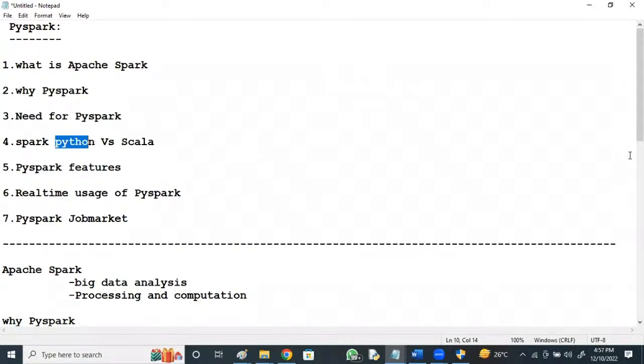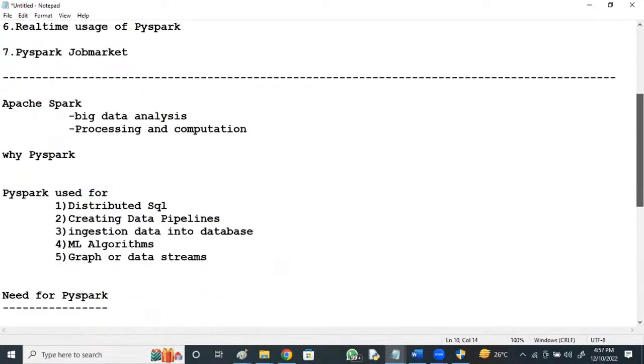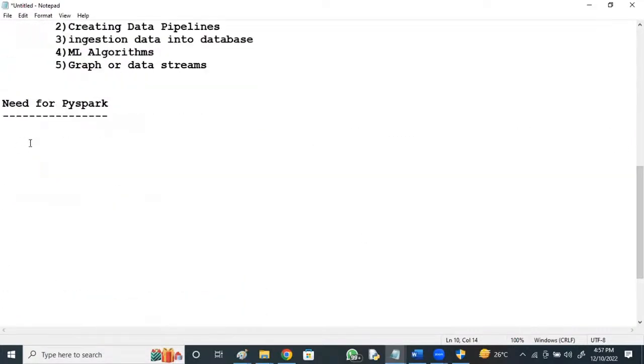Just observe the difference between Python and Scala. Python is dynamically typed.